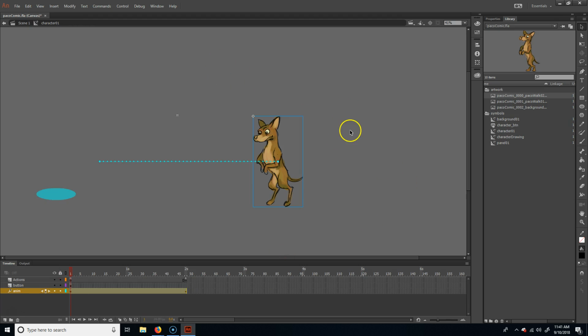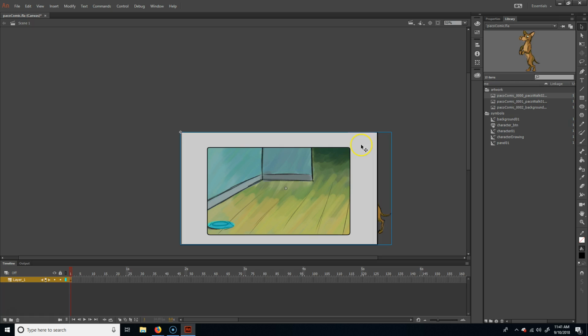Now I'm just going to double click to back it up. Just not on him. I'm going to double click, and then double click again. Okay, that's not working. I'm just going to click on the scene 1. Now we'll Control Enter,